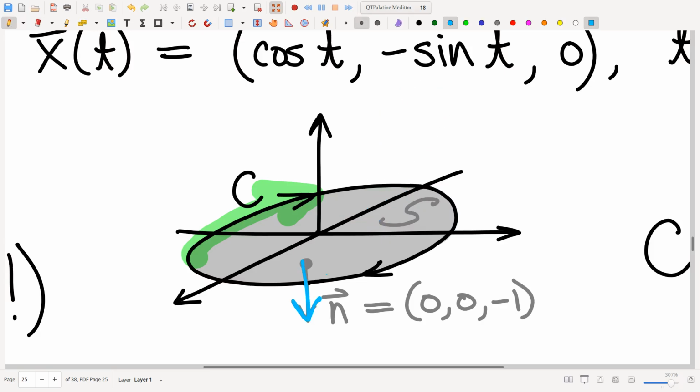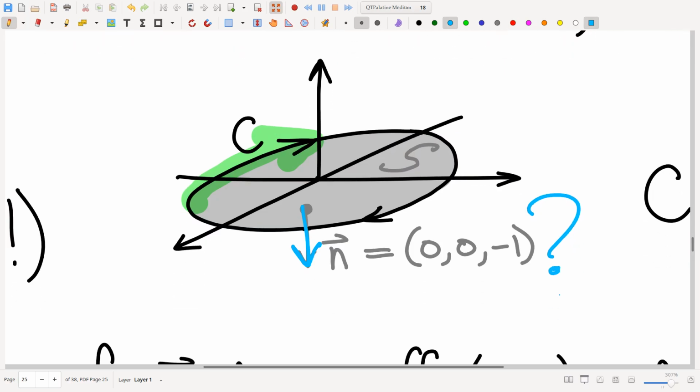Let's try it this way. Again, question mark. I hope this works. And, well, let's see here. Thumb in the direction of the normal, and look at the fingers of your right hand. That makes the swirl this way, which has the orientation going the right way. Is that good? Okay, so we have a surface now whose boundary is this curve, and in particular, that surface